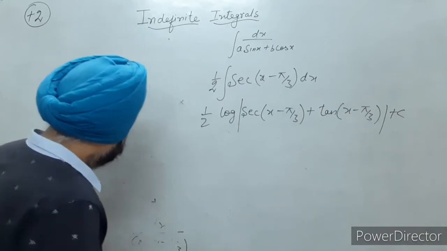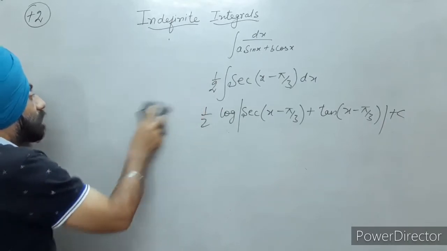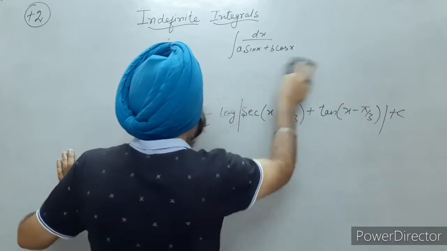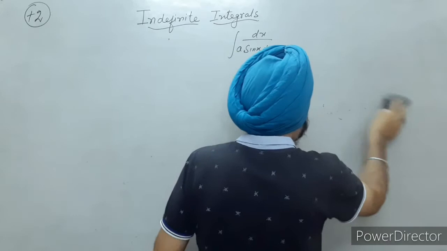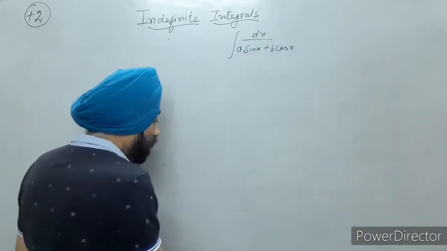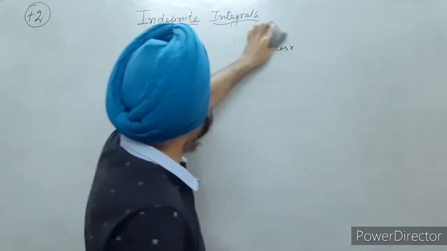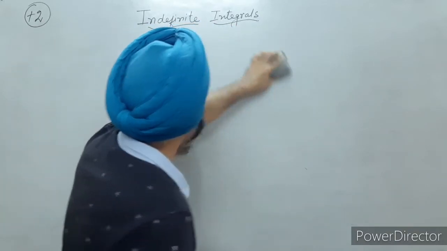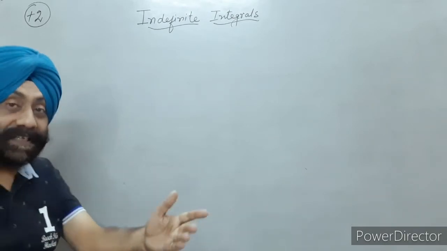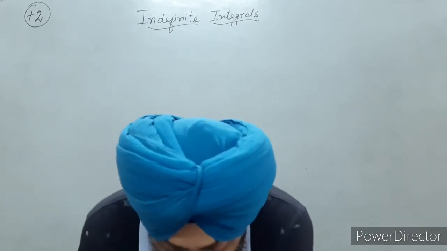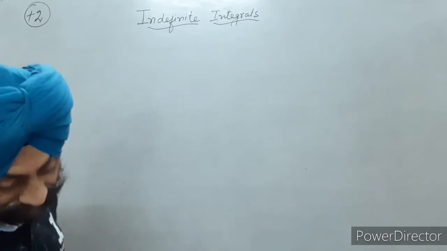If you can do it like this, then try it. Otherwise, just substitute the value of sin x and cos x in terms of tan x and substitute tan x equals t, right? And then secant square x dx equals dt, so dx will be equal to dt. Now, the next type which I would like to discuss in my lecture is this integral of the form